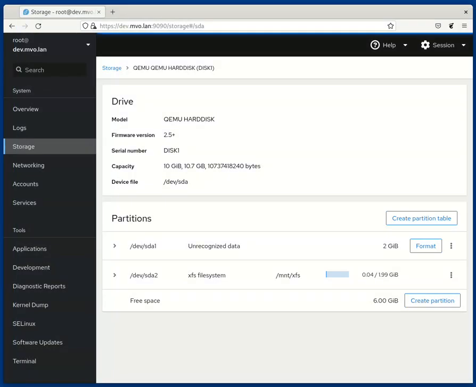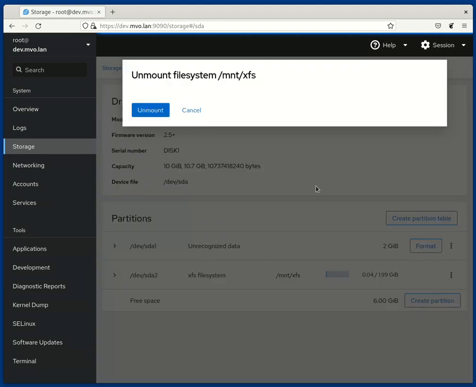This is a demo of some new features in Cockpit related to unmounting and deleting file systems and partitions, etc. So here we have a file system. It is mounted on this mount point, and now if you unmount it, you get a dialog,